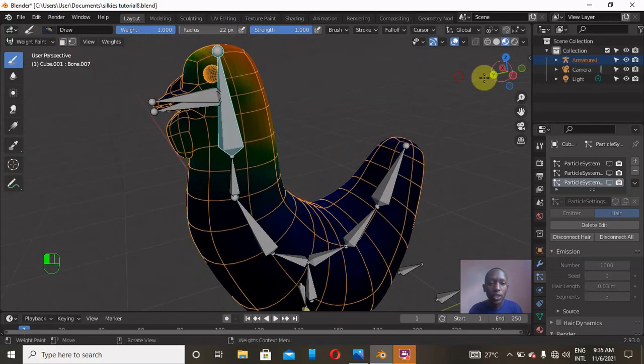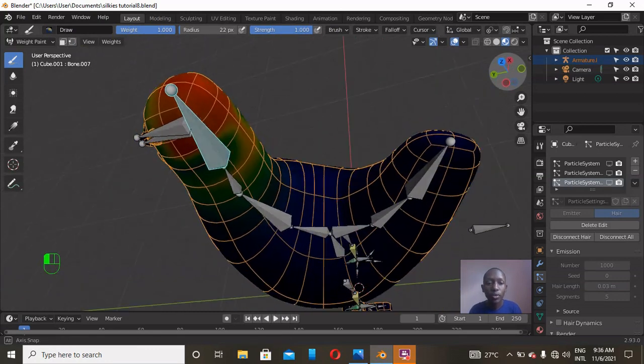So okay, we shall start from this bone. This one is for the neck. We want it to affect almost all these parts of the head, so I'll just make sure that the weight is 1. When the weight is 0, it will remove the weight like this. You see it's removing it and making it blue. But when it's 1, it's attaching full weight on that place. You can see it's coloring red, meaning it's attaching full weight.